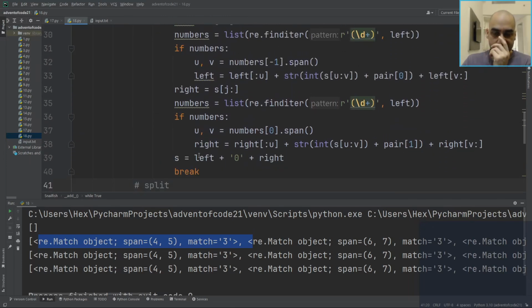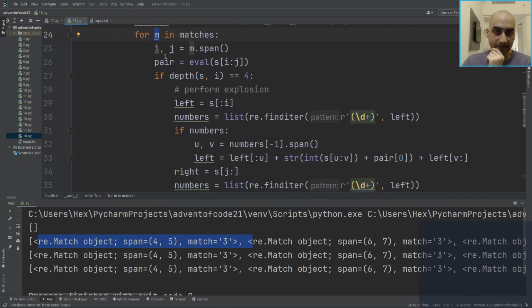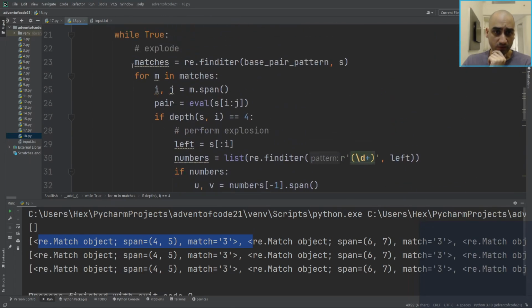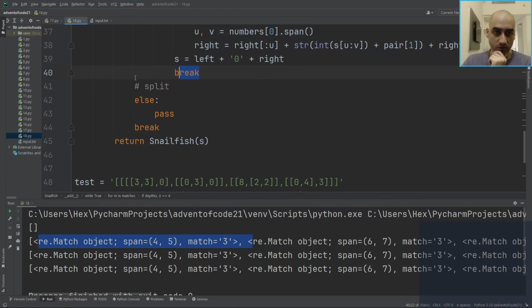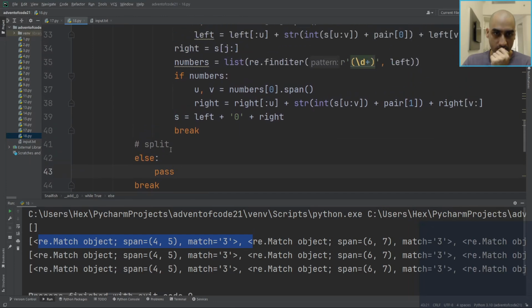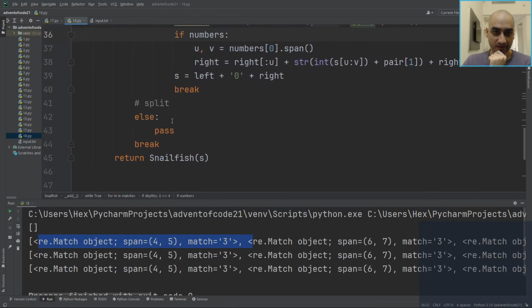Alright, so go through each of the pairs, and if we ever find one, that means the explosion will be performed, and we'll break out of this for loop. So if we get to the end of this for loop without finding any explosions, then we can go into the split. Split is easier. We're gonna have to see if that works. So the split, this time,